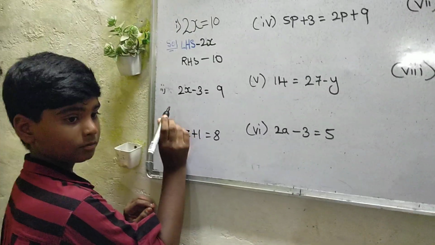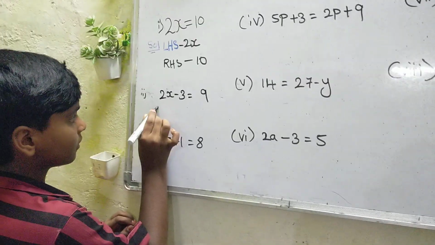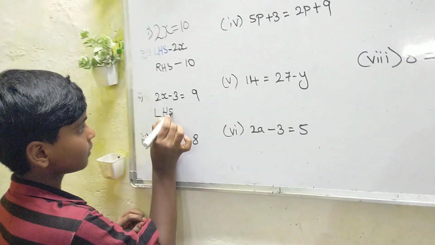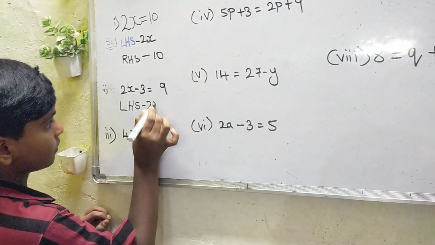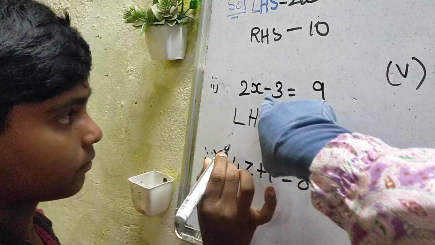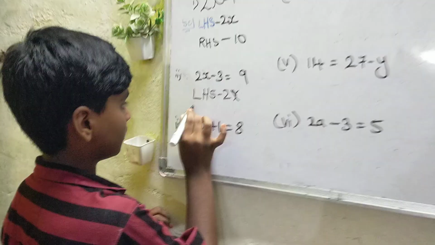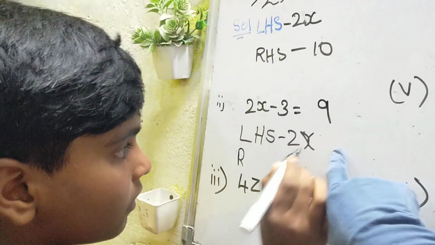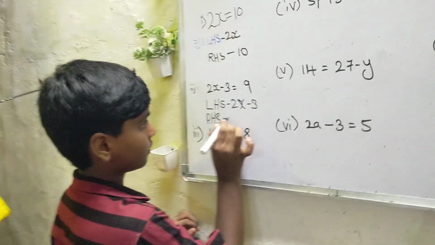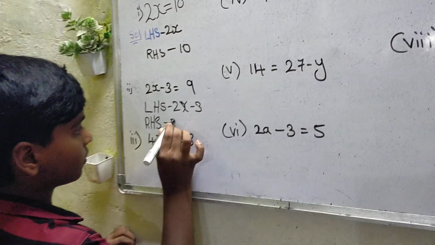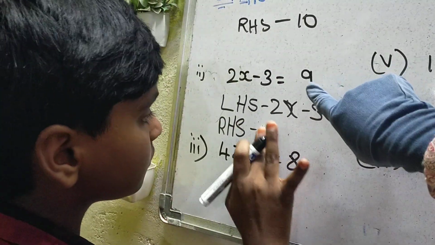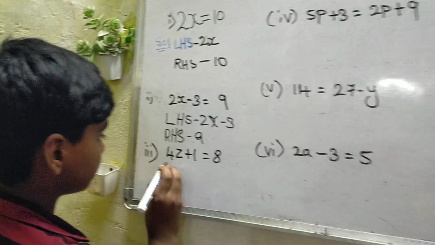Okay, Siddharth. All the equations are given now. Come on. With full speed, write all the LHS and RHS. Yes, come on, start. Write x like an x. Yes. 2x minus 3. Complete the expression. Siddharth, write minus 3 also. 2x minus 3. RHS. RHS is how much here? 9. You have to write what is on the other side of the equal to sign.